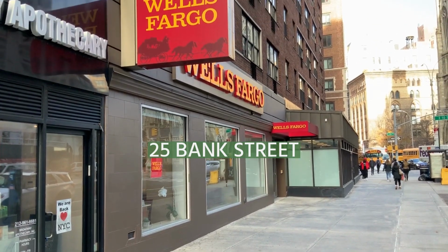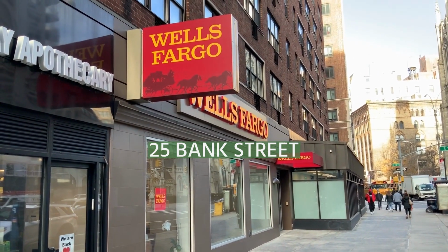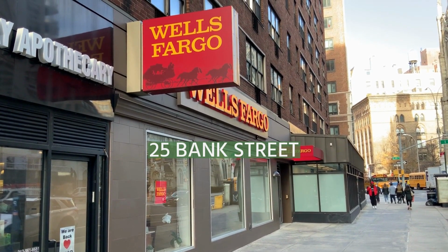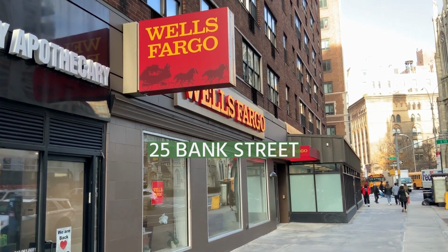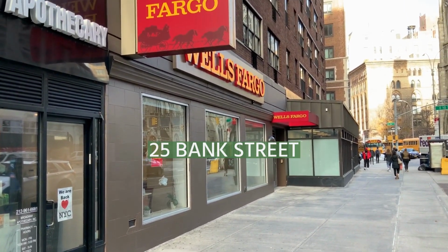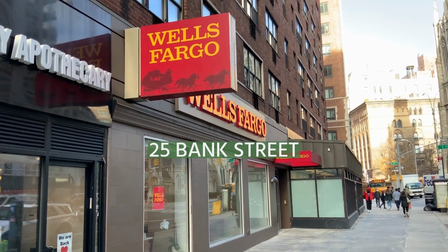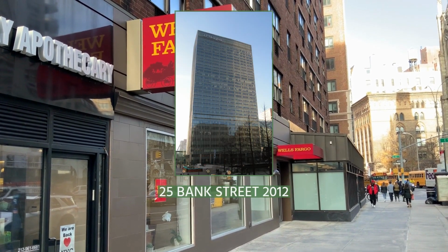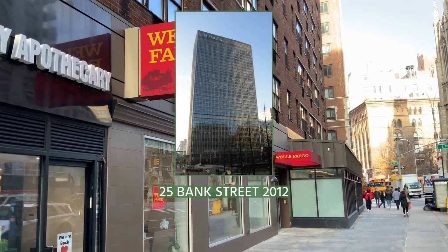25 Bank Street is an office tower in Canary Wharf, in the Docklands area of London. It is currently home to the European headquarters of the investment bank JPMorgan Chase. The building was developed in 2001-2003 by Canary Wharf Group as one of 5 new buildings on its Heron Quays